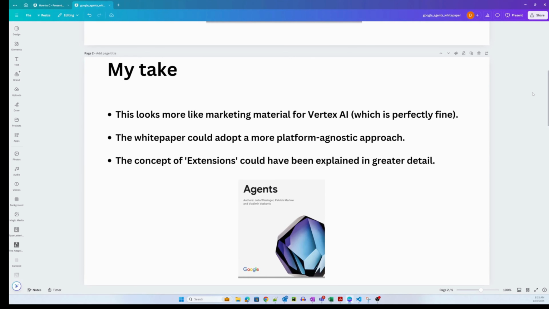Even if I want to use the Gemini API or other LLM offerings from Google, I'd still want to use the frameworks that I'm comfortable with, right? This white paper missed an opportunity to make this platform agnostic.